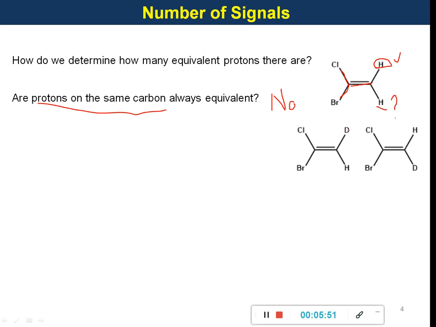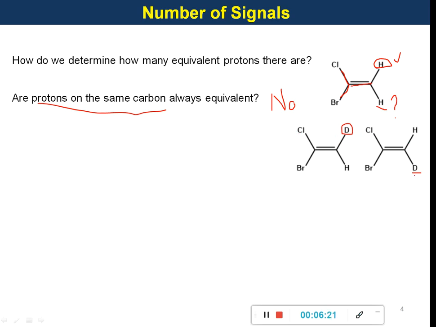You first replace the first hydrogen by deuterium and the second hydrogen by another deuterium, and get two different molecules. If these two molecules are the same, then we can say that these two protons are equivalent. So here, in the first compound, deuterium is